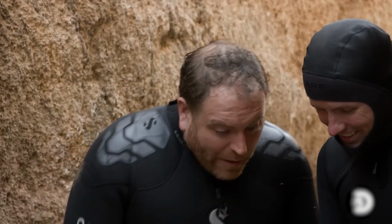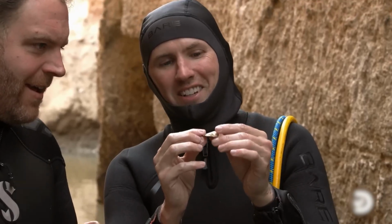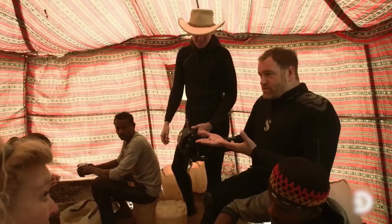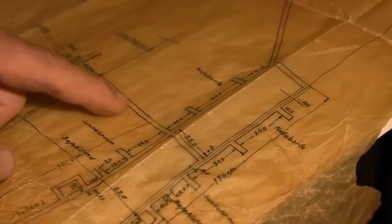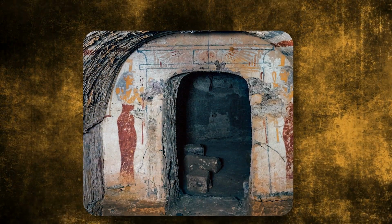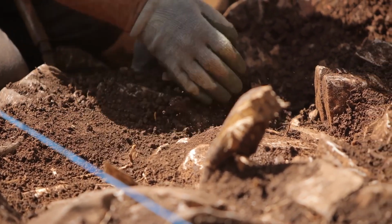"Look at this," one archaeologist calls out, lifting the shiny gold high in the air for everyone to see. The discovery draws the whole group closer, their faces full of wonder and excitement. They talk about how this tiny golden piece might just be a clue that they're near finding the king's final resting place. It's not just any find, it's a hint that might lead them to something much bigger buried beneath